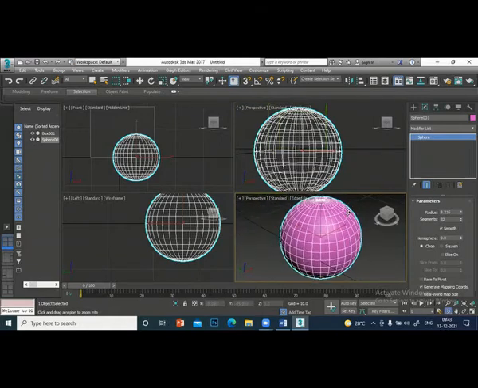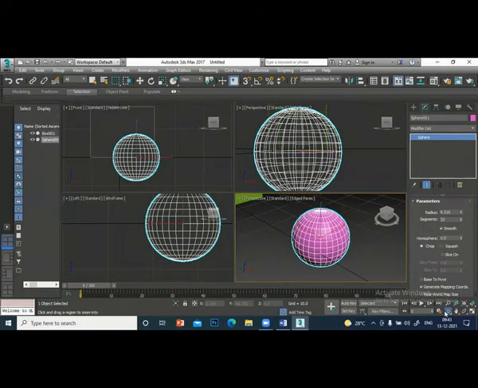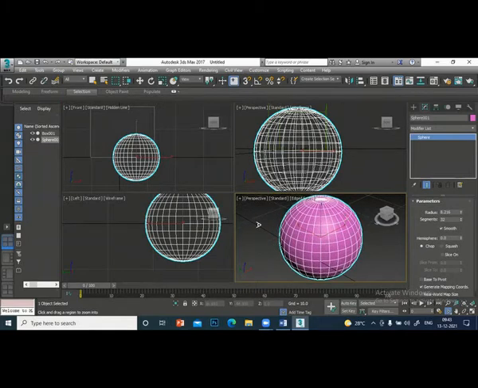Some views you have to adjust like this. Instead of using the view cube, you can use the field of view button. Use it. Field of view. Instead of view cube, you can zoom based on this. But if you want to rotate another thing, you may have to use the next one called the orbit.